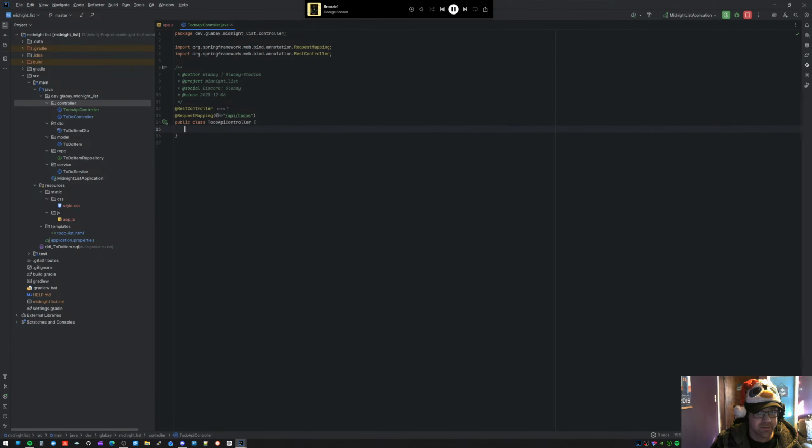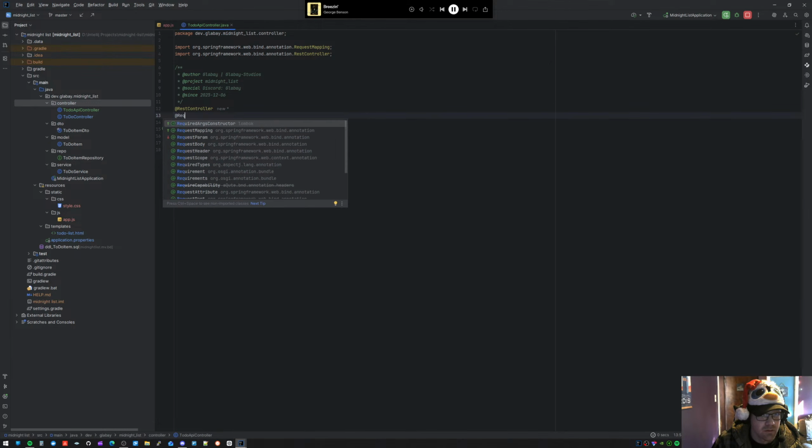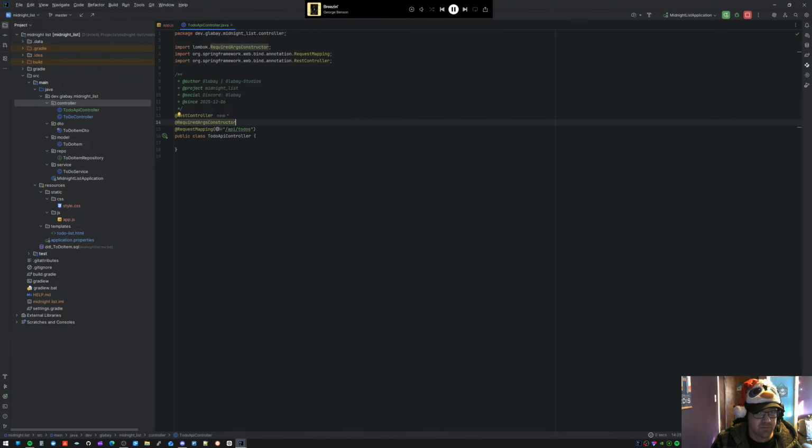No, I guess I don't want Lombok. I'm having Lombok in it. Screw it. We're gonna tag in here that we want required args constructor, so that I don't have to write the specific constructor logic. Lombok does it for me. So in here I want a private final to-do service,